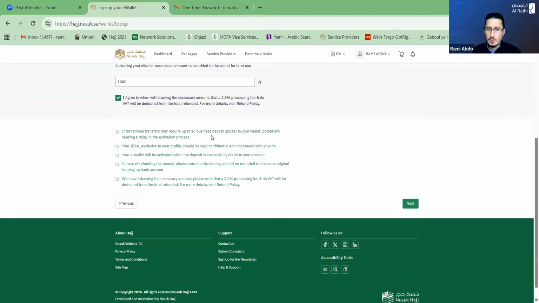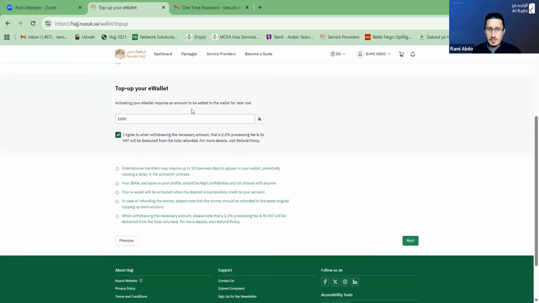International transfers may require up to 10 business days. That's for the bank transfer. Your IBAN exclusive to your profile. Do not share it with anyone. Your e-wallet will be activated when the deposit is necessary. So all this you can read, inshallah. Just